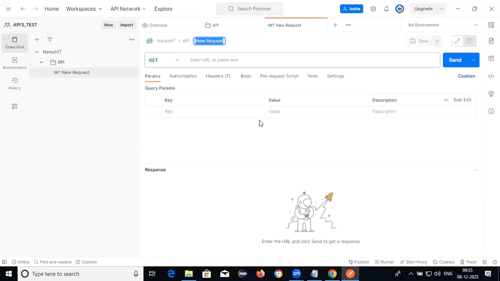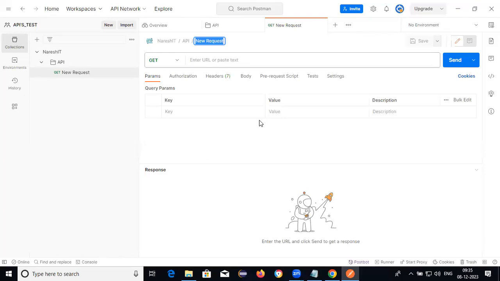That is the process. I will explain one more time. First step, once you launch the API Postman software, create the workspace. Second step, once you create the workspace, we need to create the collection.